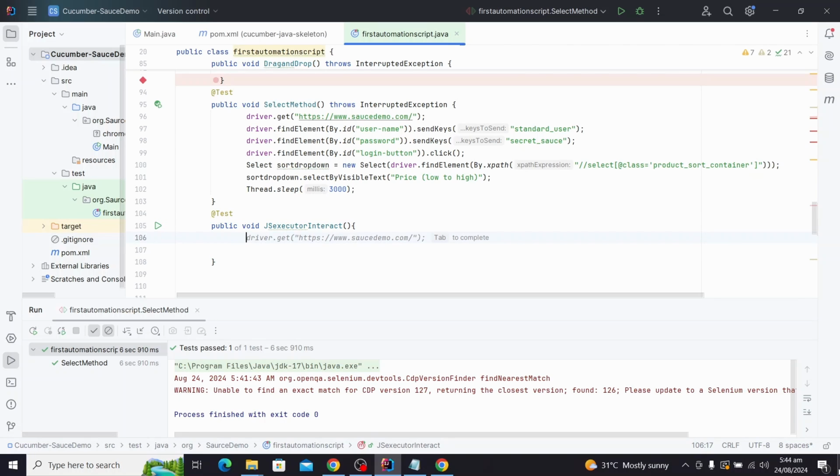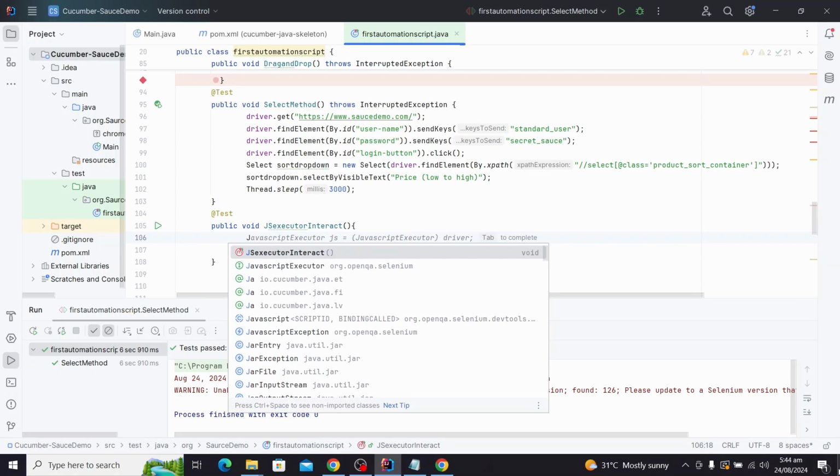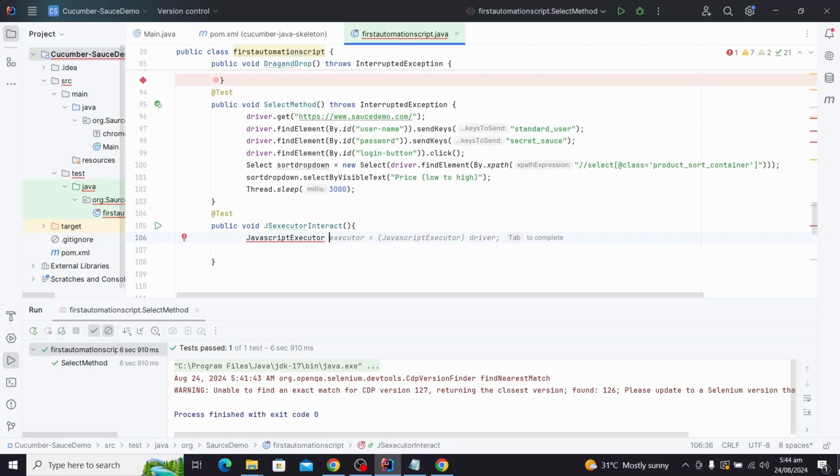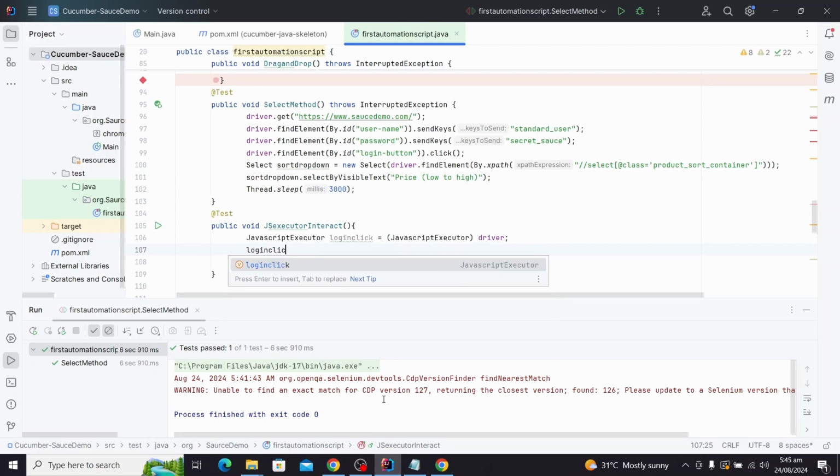Now the URL gets hit itself. We're going to need JavaScript executor. We're going to name it login click equals to this. So this is an object that needs to be in place with the driver to work with the click action. So I need login click dot execute